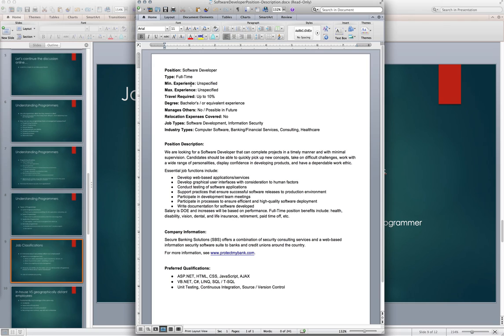Job functions, right? A lot of good stuff here, but a lot of stuff that you would expect. Can you develop web-based applications? Through the title, through the position, we're not defining this; it doesn't match up to any of those disciplines or categories that we already talked about, so we're kind of left to guess on our own. Are you guys looking for a web developer?